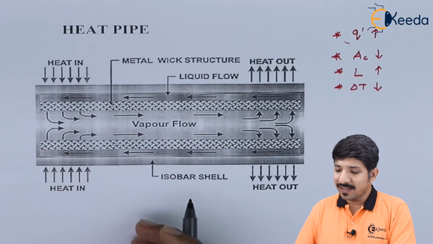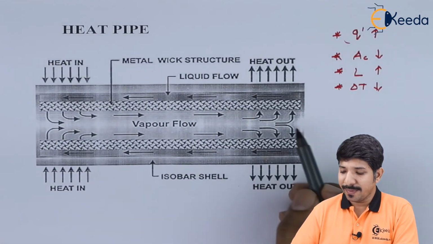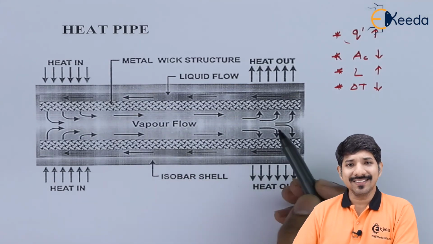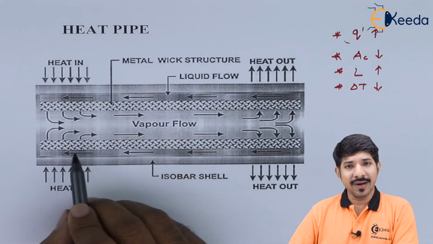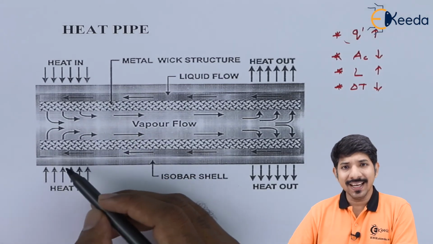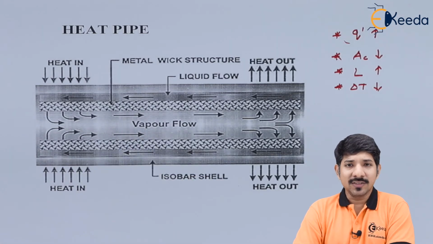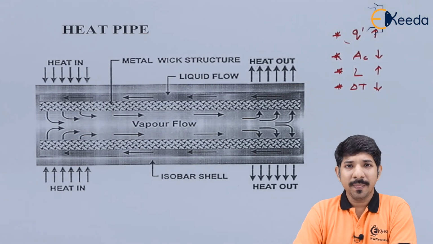So as we have seen, there are so many advantages and applications of the heat pipe. Basically, a heat pipe increases the heat transfer rate by combining the thermal conductivity of a material and the phase change. In this topic, we talked about what a heat pipe is, its construction, its working, and its advantages and